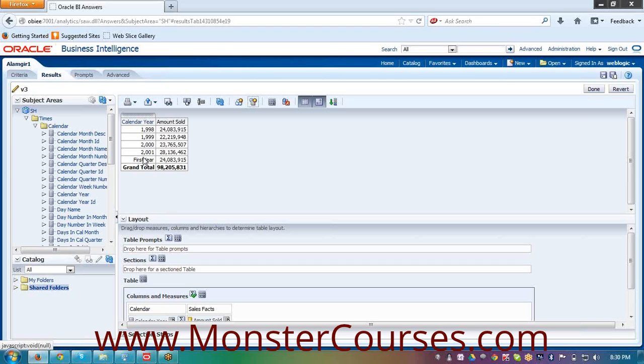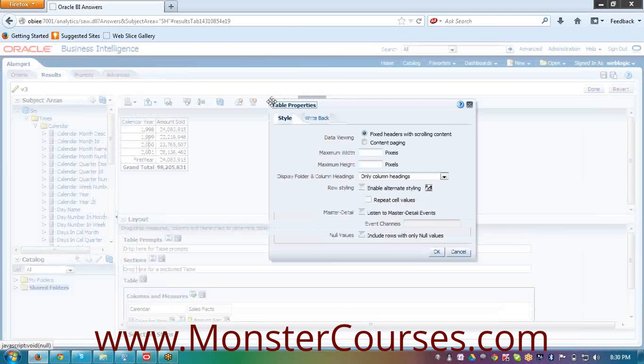So, calculated item is a row value added to an existing table. Understood? So, I can say addition of these 2 years, or the first year data is 248395. I can create one more calculated item and say last year 2001, like this. Understood now? What is calculated item? This is table view properties. Fine. If you go to the table view properties here,